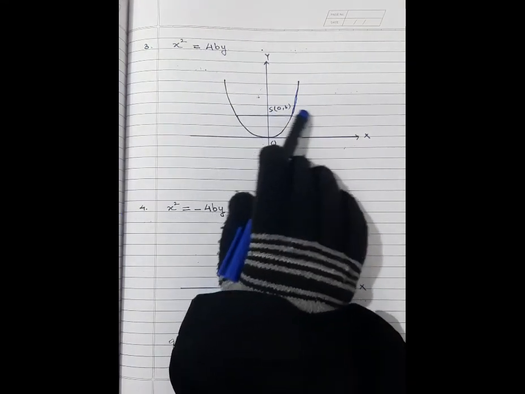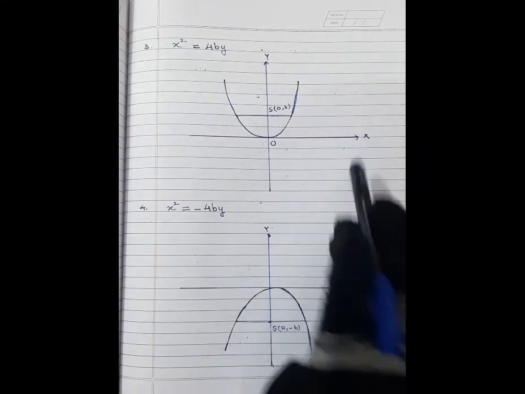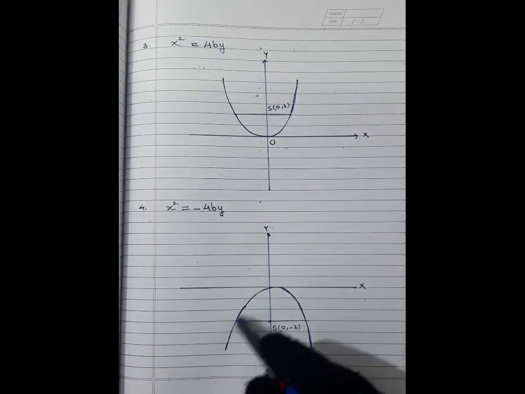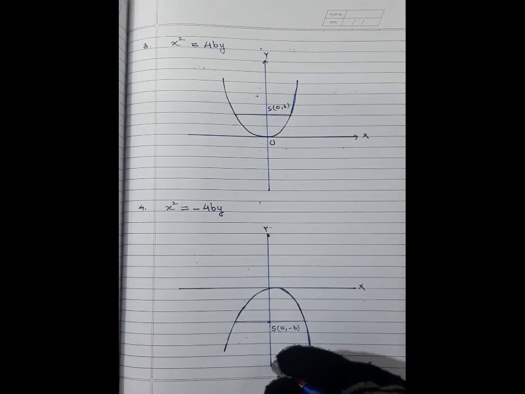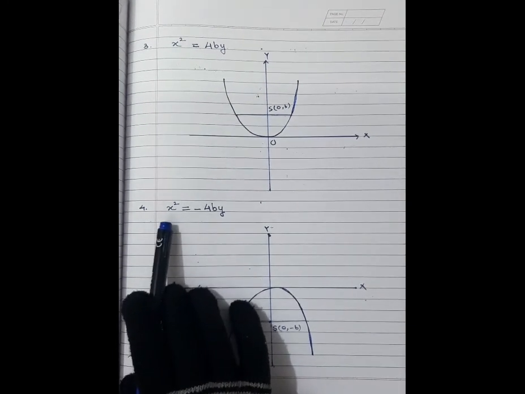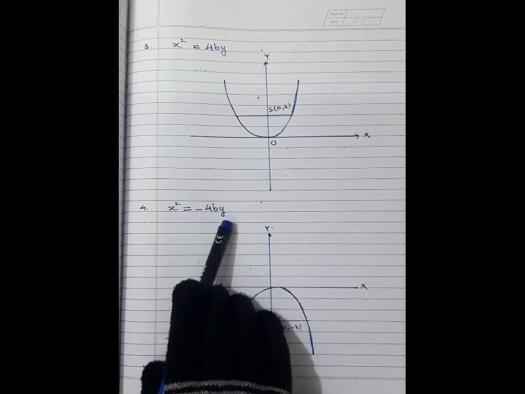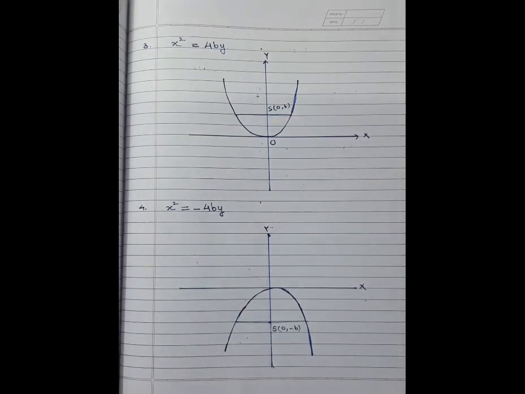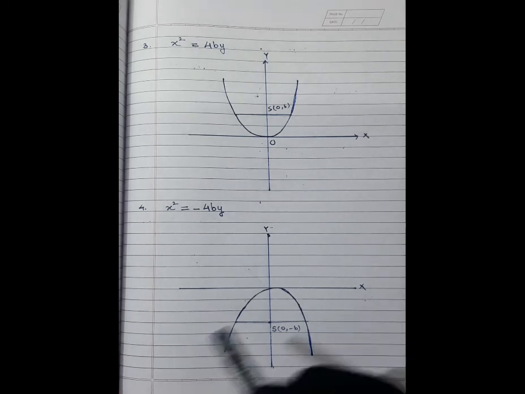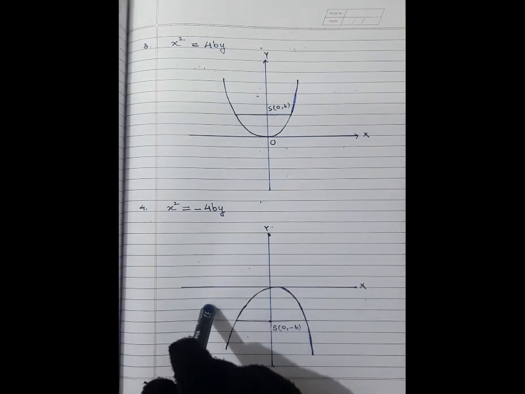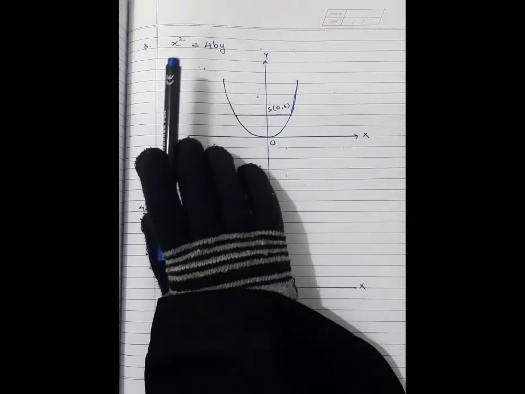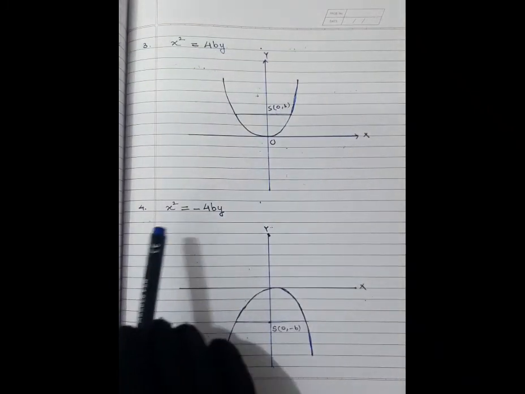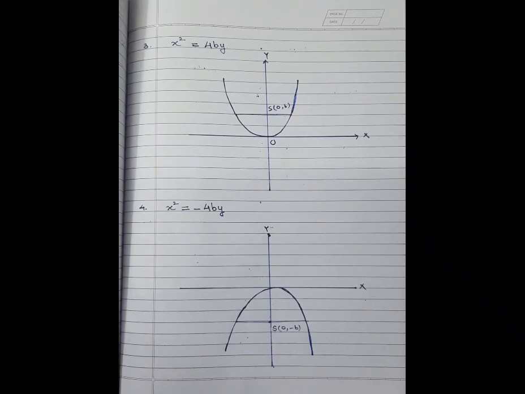So here there is a line on the y-axis. Similarly, we'll take a negative point, meaning S is 0 comma minus b. So here the point is on the negative y-axis. So what is the equation of the parabola? x square is equal to minus 4by. So, students, there are 4 types of parabola. Number 1, y square is equal to 4ax and y square is equal to minus 4ax. And the third one is x square is equal to 4by, and next x square is equal to minus 4by.